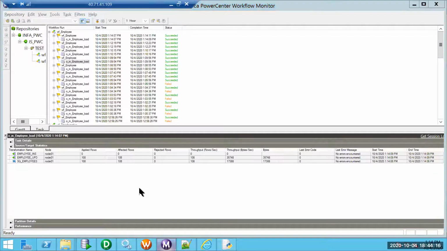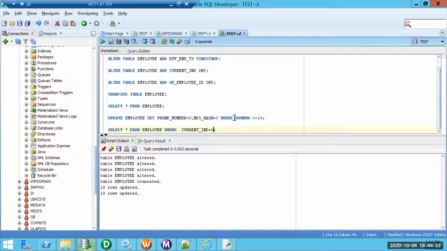Nothing got updated. Probably I need to pick where current indicator not equal to 0. Current indicator equal to 1, and then current indicator equal to 1 and row number less than 10. Perfect. 10 records got updated.